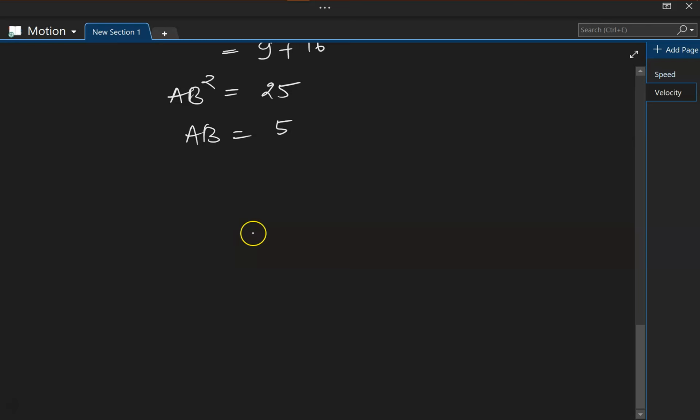Let's say there is a park in which you have a circular track, and the radius of this circular track is, let's say, 1 kilometer, right? And you cover this entire distance in 2 hours. You start from here and come back here. What is the speed? Speed would be,